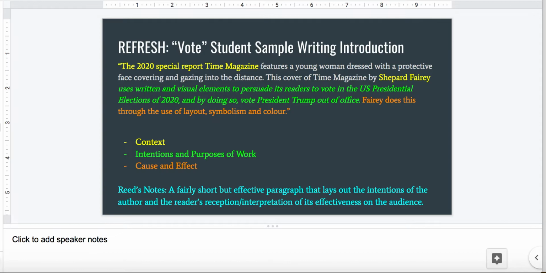We were looking at the Time magazine cover titled Vote. We had a chance to break down a student sample writing and look at how they articulated their argument and what specifically they were pulling from the text to address the ways this magazine was encouraging people to go out and vote and to dethrone former President Donald Trump. So we're going to look at the introduction and then the body paragraph,